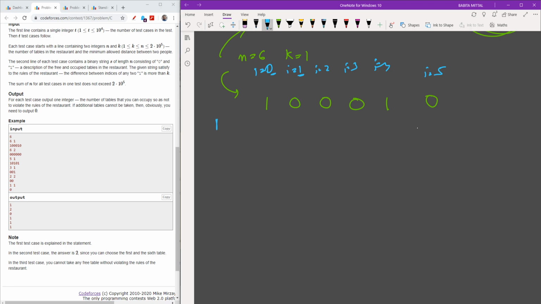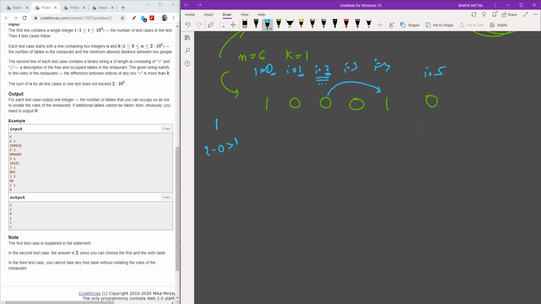Now I move to this second 0. Its index is 2, and the 1 placed before it was at index 0. So 2 minus 0 is more than 1, so we can place here. But before that, we should also check the 1 which is beyond this index.